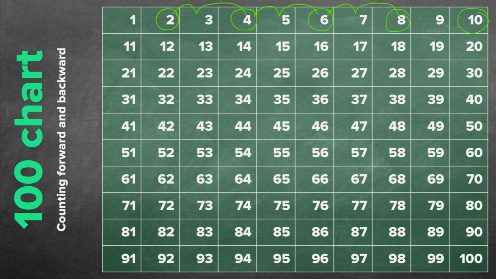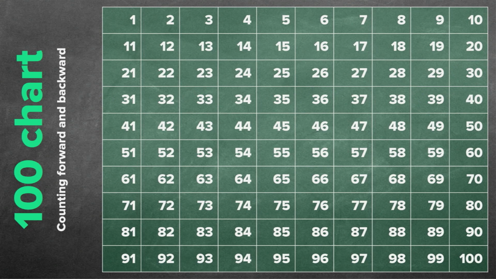When I am counting in 3s, and I tell you, you have to start at the number 30, there is the number 30. And now I tell you, you have to count forward in 3s. Remember, I have to jump 3 spaces. So it's 30, 1, 2, 3. The next number in my sequence will be 33. 1, 2, 3, 36. 1, 2, 3, 39.